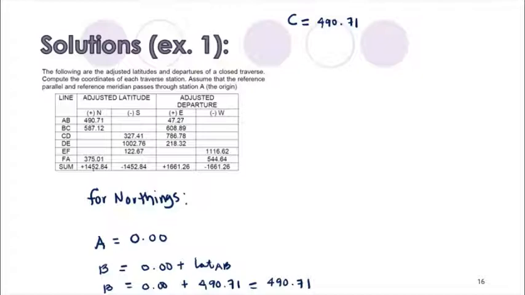490.71, or it is actually equal to 0 plus 490.71 because it is just a summation, no? And then plus BC, which is 587.12. It's positive, no? So that is equal to 490.71 plus 587.12, and then you have 1077.83. And then for D, okay, so that would be